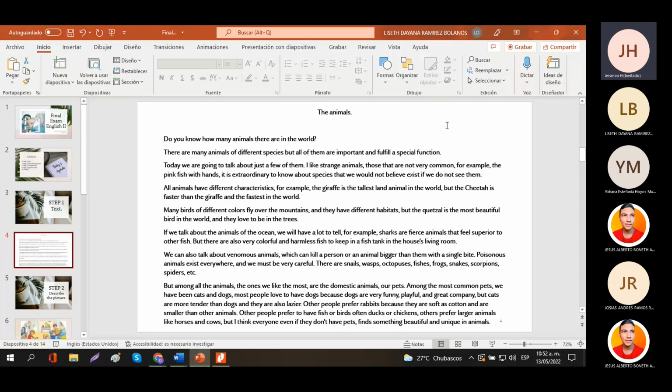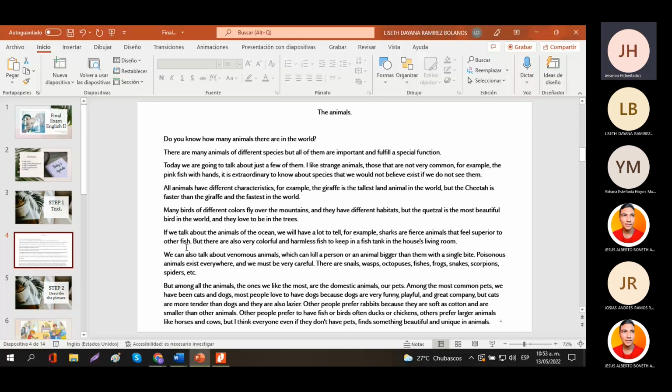We will have a lot to tell. For example, sharks are fish animals that feel superior to other fish, but there are also very colorful and harmless fish to keep in a fish tank in the house's living room. We can also talk about